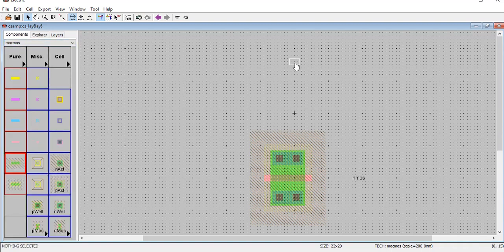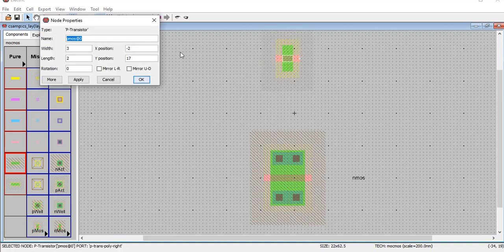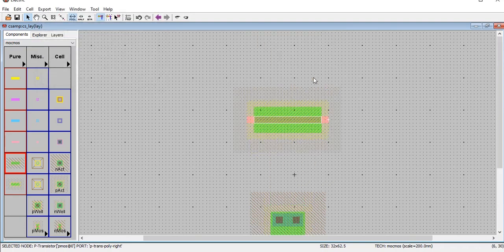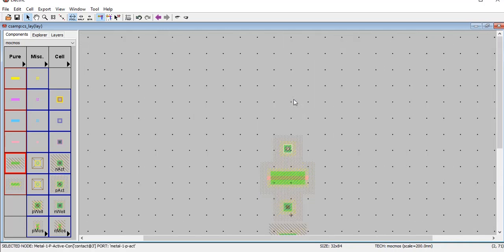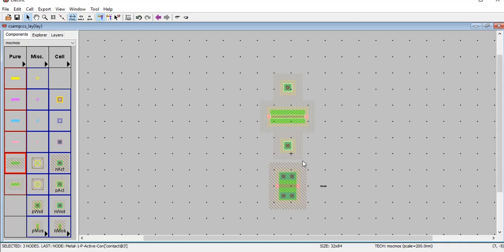Similarly I require a PMOS over there. So I will take the PMOS and place it, and even for the PMOS the gate is horizontally placed, but the only difference is the width is 20. So I will make it 20, and on either side of the PMOS I am going to place the P active region, one here and one more here. I am going to place them a little distant apart so that they follow the lambda based design rule.